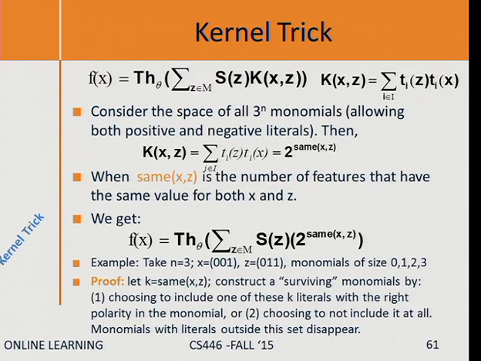On the other hand, if I involve, for example, x2 in my monomial, it's not going to agree. If I put x2 to be 1, monomials on this side are going to be on, but monomials on this side are going to be off. So the dot product will disappear. If I include x2 negation, here it's going to be on, and here it's going to be off. The dot product will disappear.